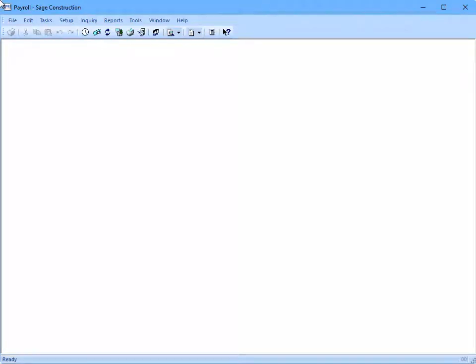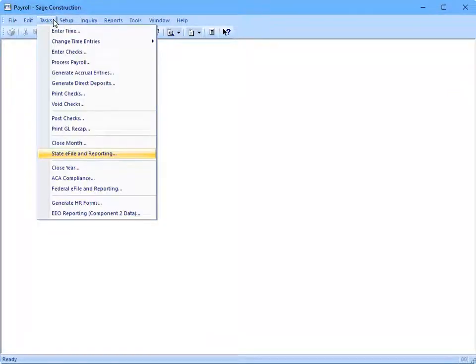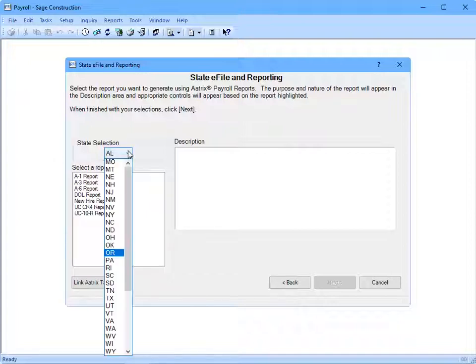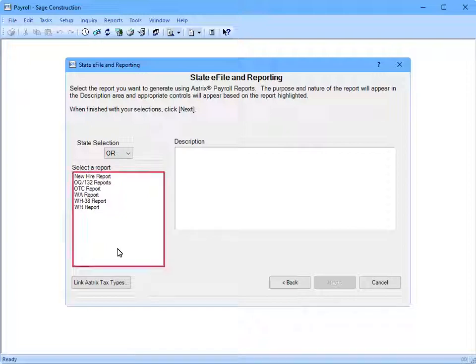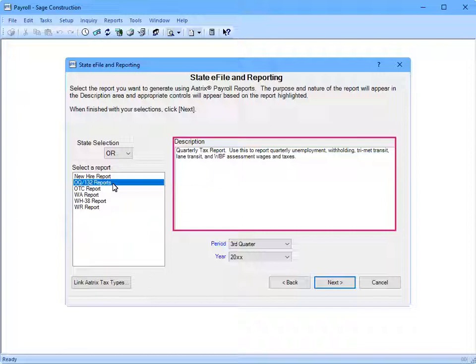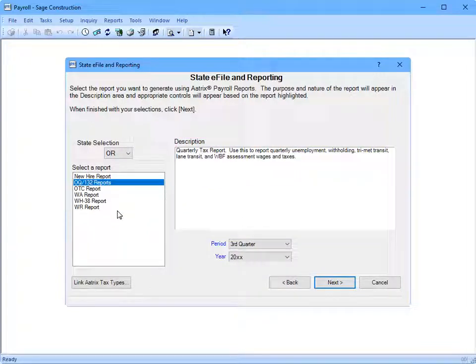To access your state quarterly tax forms, from the Payroll Tasks menu, select State e-file and Reporting. From the list, select the state you are preparing a quarterly form for. The forms available for the state selected appear in the lower window. When a report is selected on the left, a description of the form and any considerations about that form will appear on the right. Now select the quarter